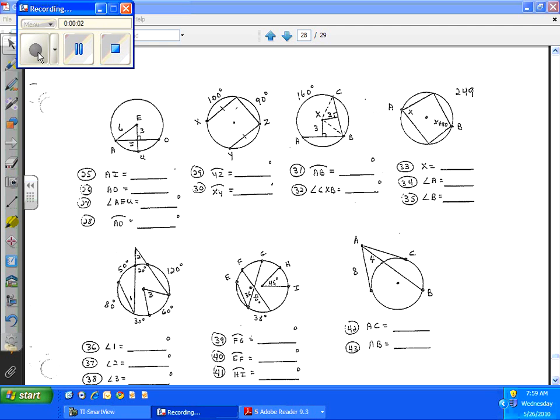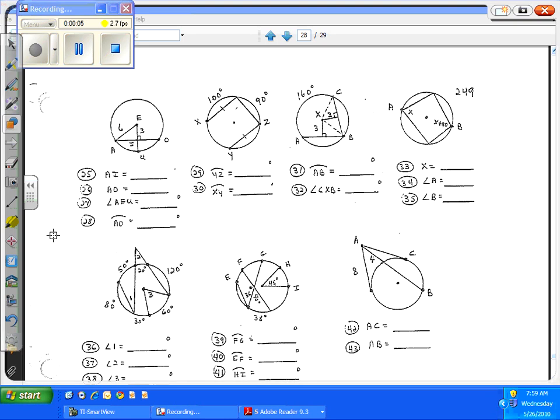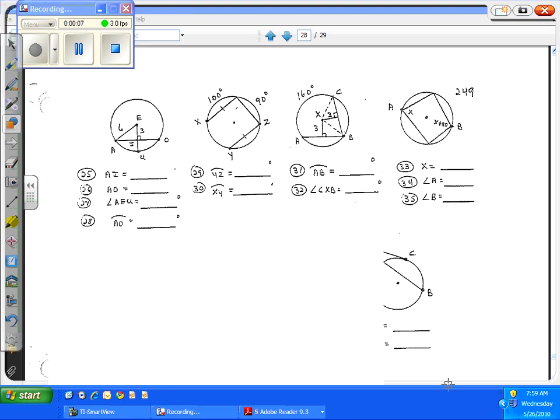Chapter 9 Study Guide, question number 25. I'm going to white out the bottom to give us some working space. It wants to know AI. So what we see as far as a rule, we see